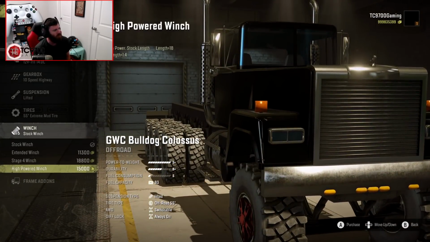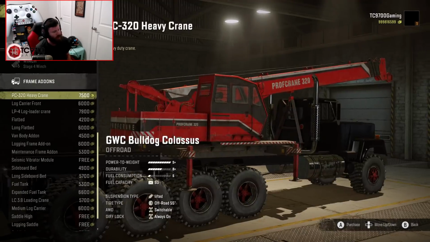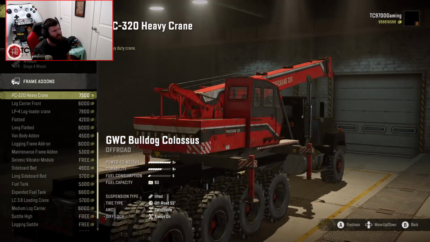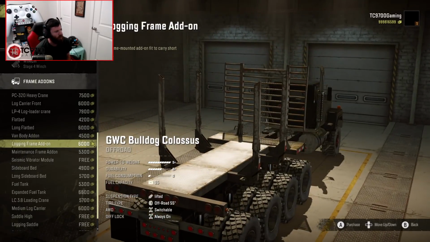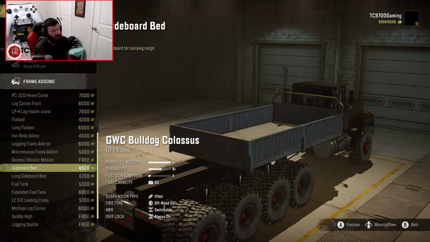So we're going to go with, let's see, I'm thinking stage 4 winch. And then frame add-ons wise is where this thing gets extremely widely usable. So obviously you have your 320 heavy crane, your log carrier front, your log loader crane as well, both flatbeds, a short one and a long one. Then your van body add-on as well as a logging frame, maintenance frame, seismic fiber module, as well as a